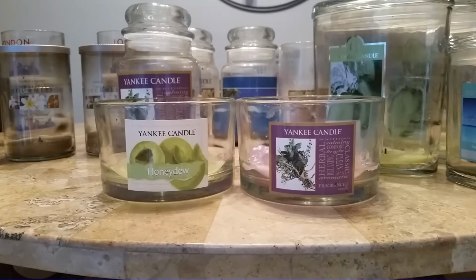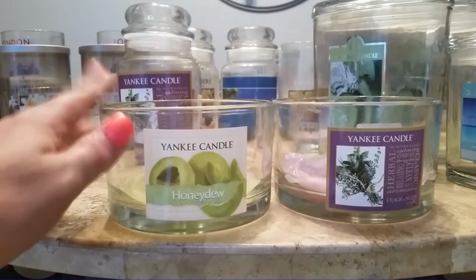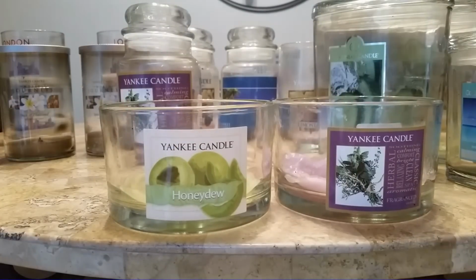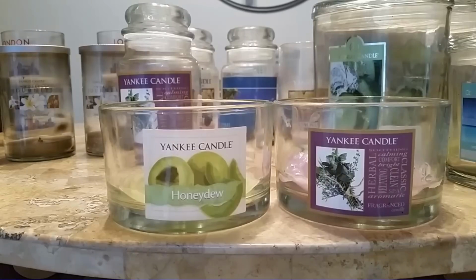So to start with, I had 2 3 wicks from Yankee Candle. I had one in the scent Honeydew and one in the scent Relaxing Lavender, which is one of my favorites. You know, it's a dupe for Lemon Lavender. You can find these at Home Goods,